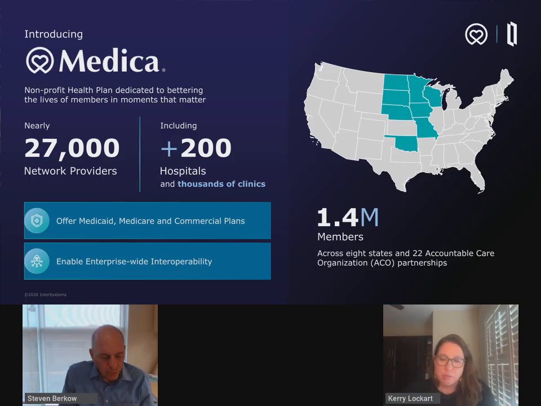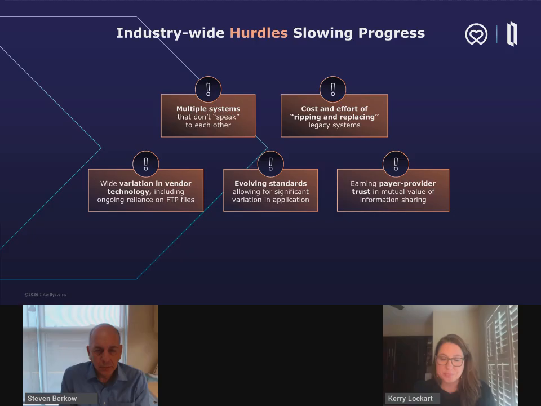But what Medica set forth, and the visionaries that we were so privileged to work with, really decided that in order to make an impact and reposition themselves, they needed to increase provider connectivity, they needed to increase data ingestion, and they also needed to increase the usability of that data, right? Because large volumes of data that aren't usable is not helpful. So they believed that that vision together was a foundation for them to have a big impact on the business.